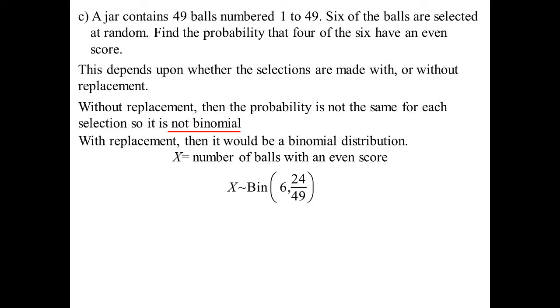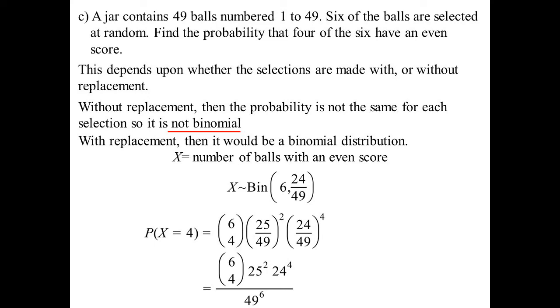So the probability is 24 over 49. So if I actually solve the problem then, it's our binomial probability question. Probability that x equals 4: 6C4, probability of success to the power of 4, probability of failure to the power of 2, and there we go, to 4 decimal places,